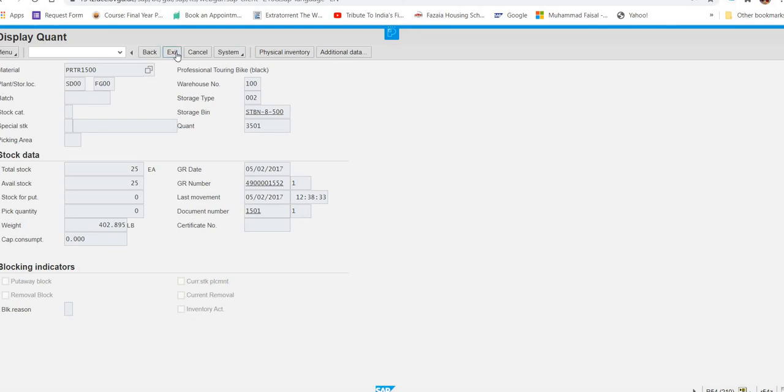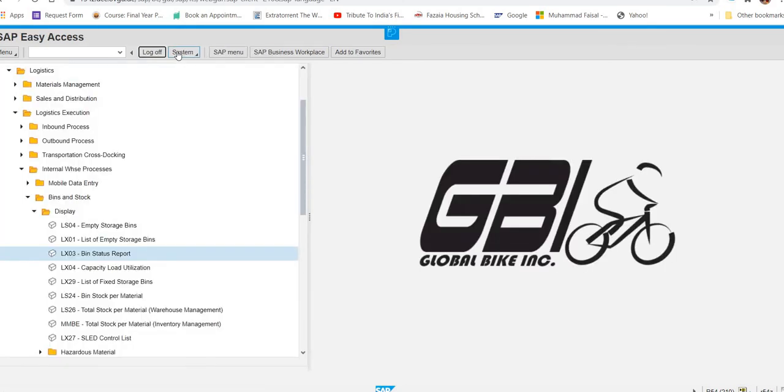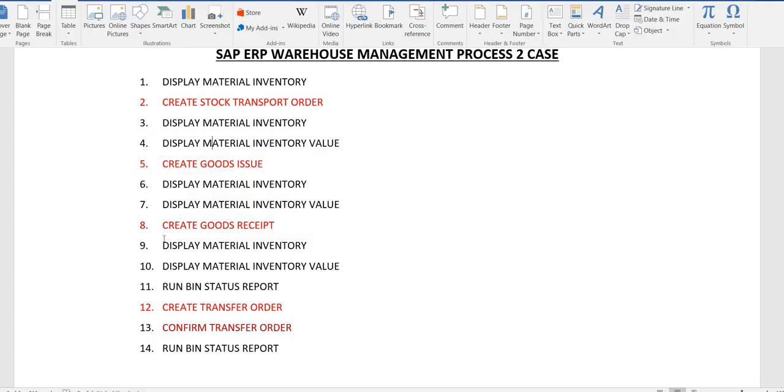Okay, so let's go out from here and do the next step, that is create transport transfer order. Now this transfer will happen from one location to the other.